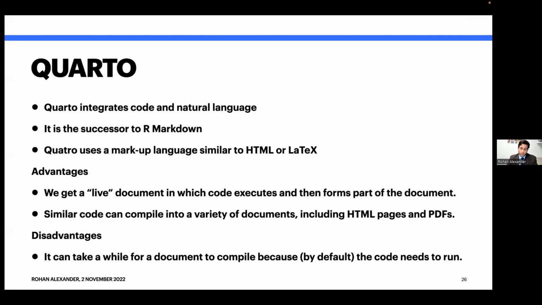The next one is Quarto. And so Quarto is the successor to R Markdown. Version 1 was released only a few months ago. What it does is it integrates code and natural language in a way that we call literate programming. It's a markup language, so this is the same as HTML or LaTeX insofar as we say, I would like this thing to be bullets, and then all of the bullets will always